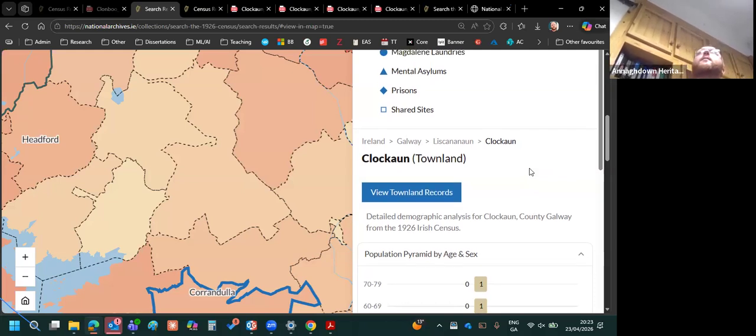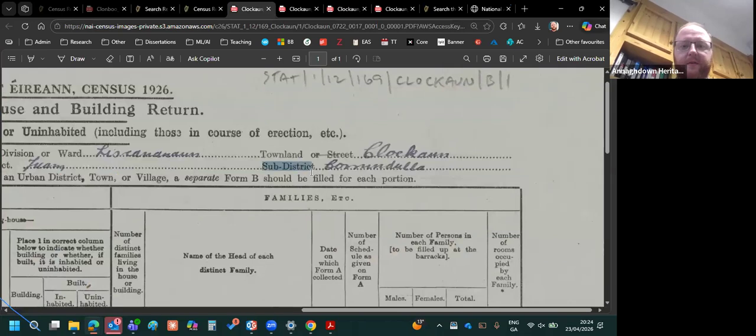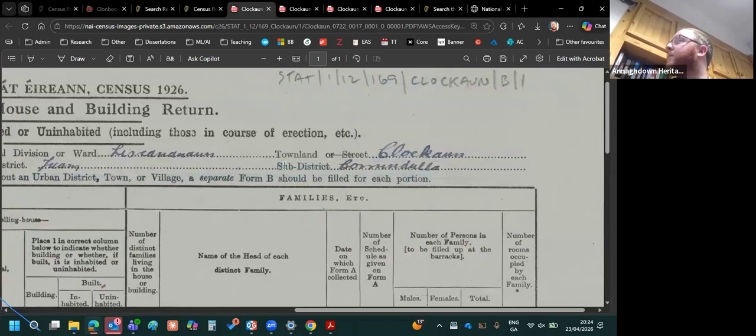But also, I noticed the district that's listed here. Let's see if I can find it. So there's a sub-district listed here, which I don't think is on the previous censuses. So I think this is a Garda sub-district. Kilgill is listed under Currandulla. Greaney is listed under Currafin for some reason. So I think the guy from Currafin didn't realize that he should have come back that far along the road and found this extra house.